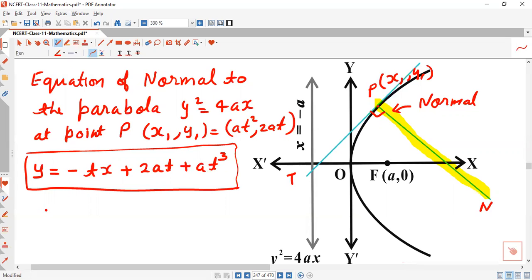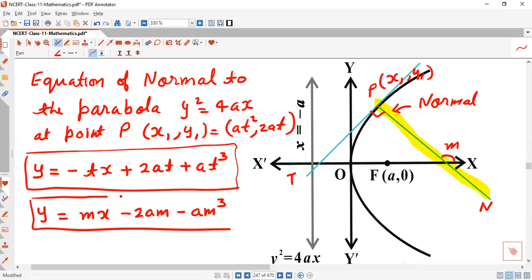Say the slope of this normal is small m. So we write the equation in this way also: y equal to mx minus 2am minus am cubed. This is another form of the equation of normal,